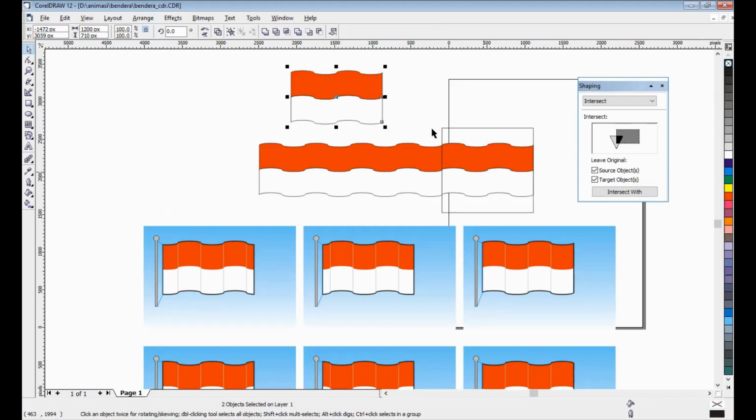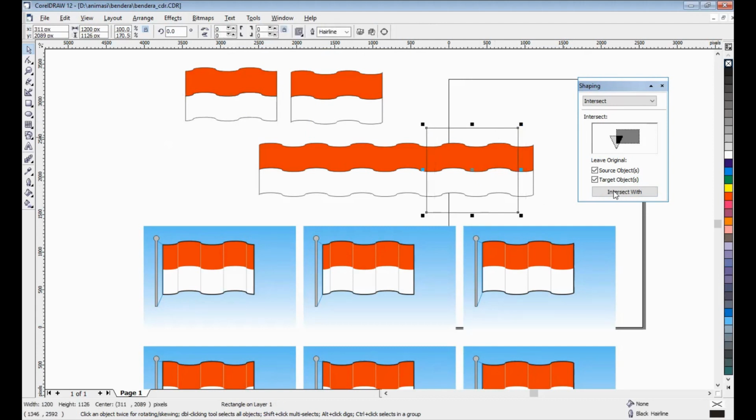Frame number 2, I move this rectangle. Look at this, it's number 2. Intersect with this and then intersect with this. I have frame number 2. Same, and then move again, intersect with this and then intersect with this.